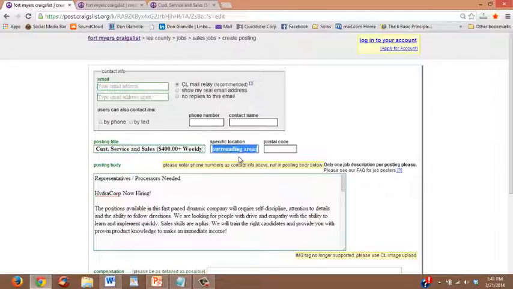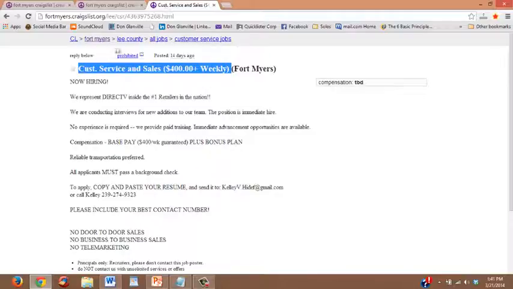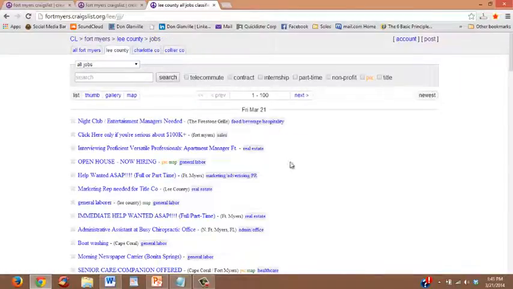Okay, so either put surrounding areas, or put your actual location where you're posting, and another cool trick about this little specific area thing is that you can actually put in, and let me just show you, this is something that not a lot of people talk about, you can just actually put in your site right here, and that's a really powerful way of advertising your site without even getting them to click your ad, really. I mean, literally that'll come up right in the Craigslist listings. So if you pop out of here, it would actually be right here. It would say